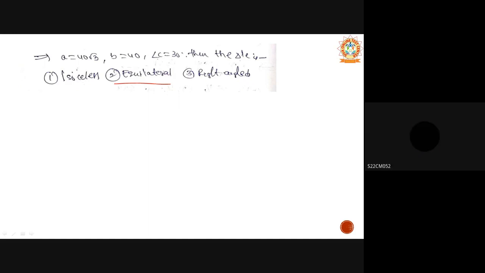60 degrees. Here already angle C is 30, so it is not an equilateral triangle, right? In case of a right angle triangle, it must satisfy a square plus b square is equal to c square, right? Yes or no? Yes. So if you want to find this, you can find this. And here if you want to check the c value, how to find c from this a, b and capital C? So you can use this relation, c square is equal to a square plus b square